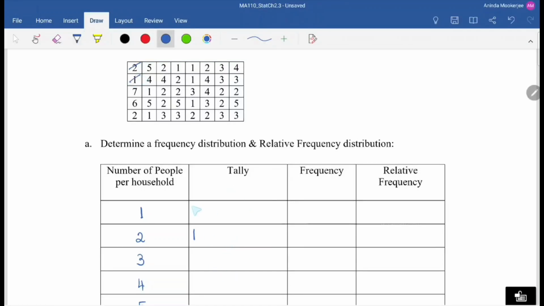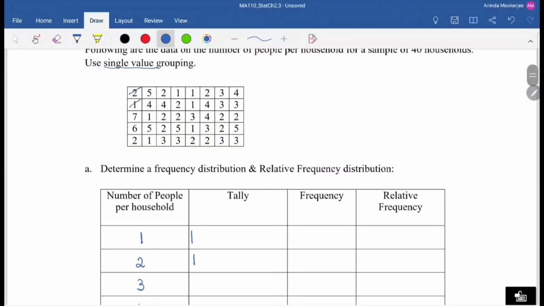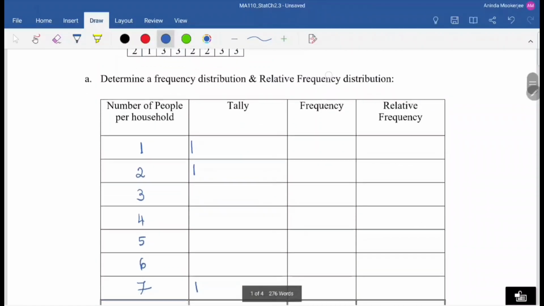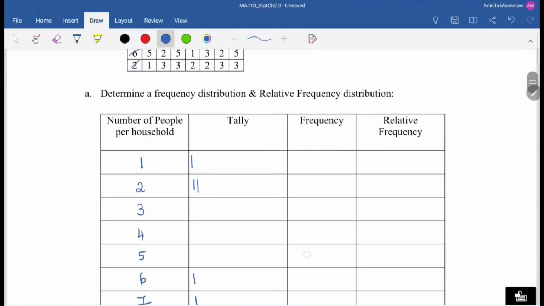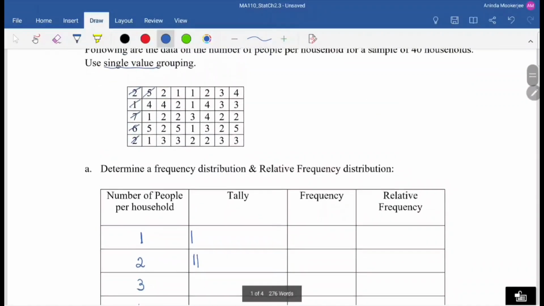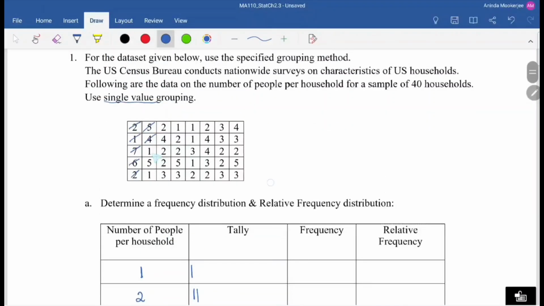Next one is a 1. I'm putting a 1 here. Then we have a 7. Let's go down to 7 and put a 1 here. Let me make sure I cross the 7 out. Then we have a 6. Here's a 6. And then we have a 2. So I'm going to put a straight line in the row for the 2. And then I have a 5. So let's go to 5. What else do I have? I have a 4. So 4. And then a 1, 1, 5,